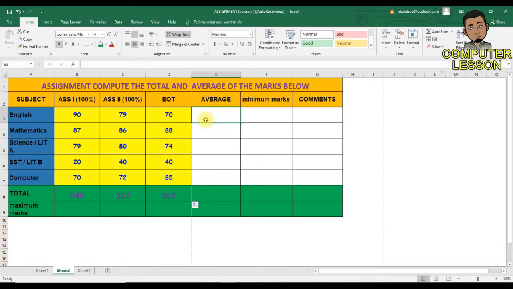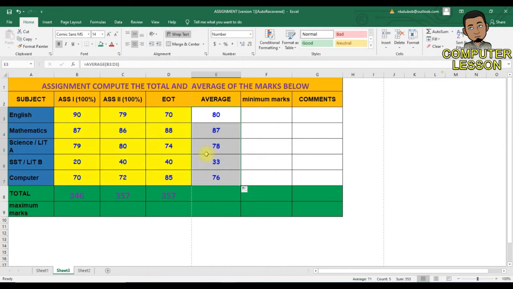Then how do we get the average? The average is also the same thing. We can either come here, highlight these 3 cells we want, come to auto sum and click on average. It will appear next after the highlighted cell, and we can still copy down. Once you click here, the formula will appear that you used to put this one. So once you come here, you can copy down the formula in that cell to other cells to get the average for all the subjects.